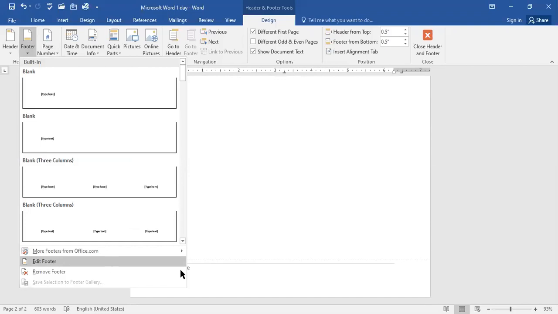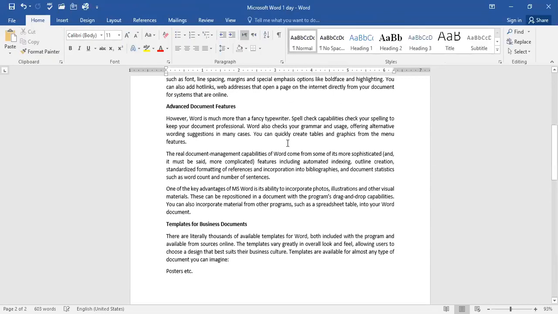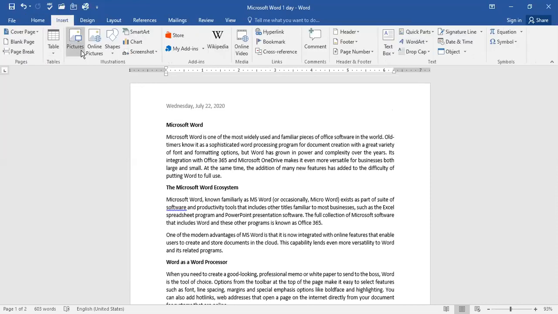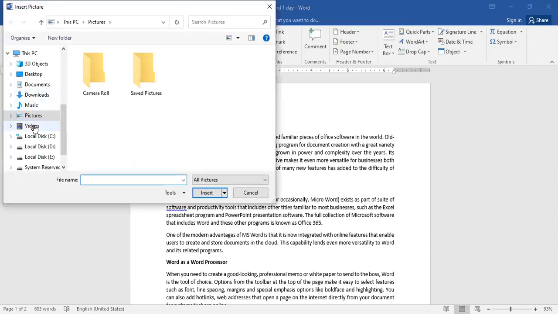Now, adding pictures to your document. Adding pictures to your document can be a great way to illustrate important information and add decorative accents to existing text. Used in moderation, pictures can improve the overall appearance of documents. To insert a picture from a file, if you have a specific image in mind, you can insert a picture from a file. In our example, go to the insert tab, then pictures, just click on that. If you want to add any pictures from your computer,